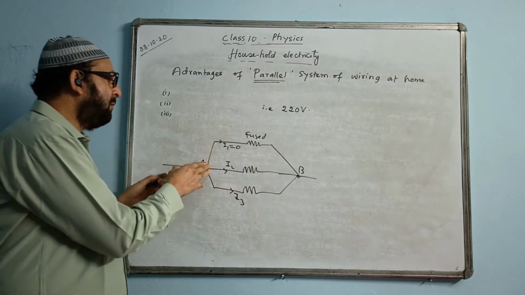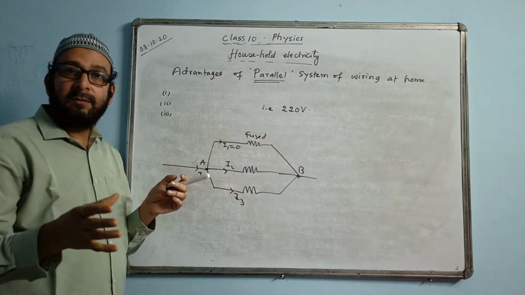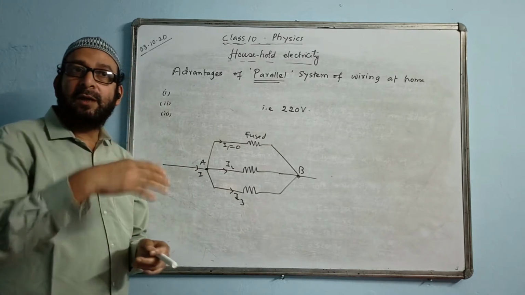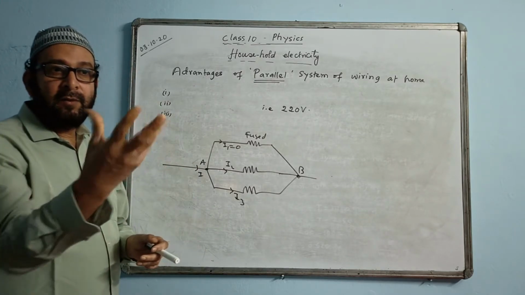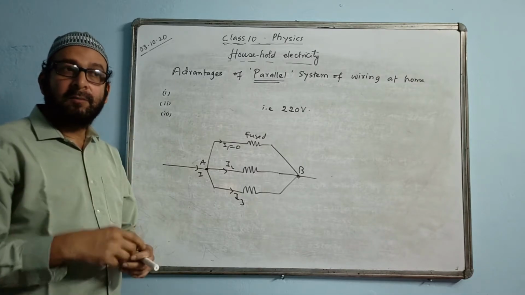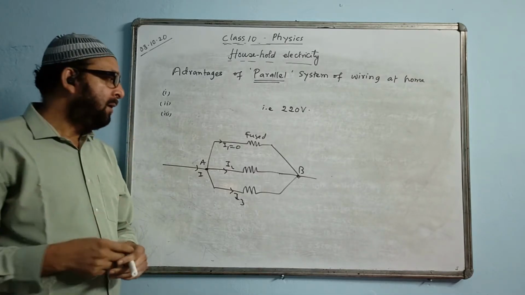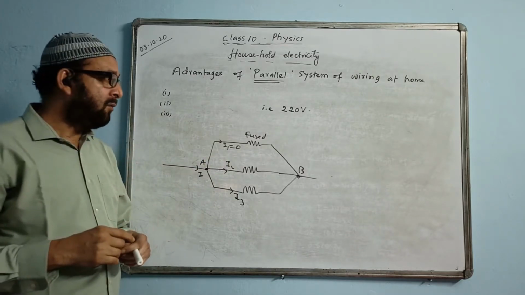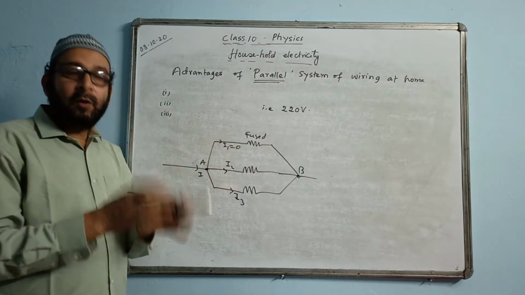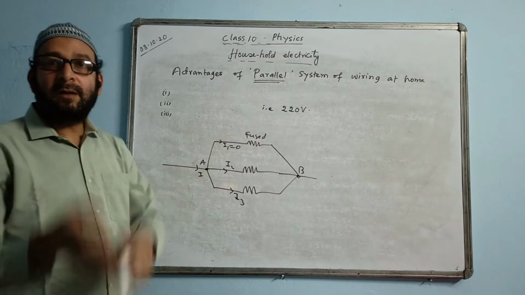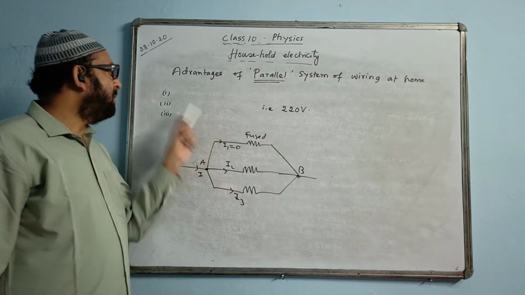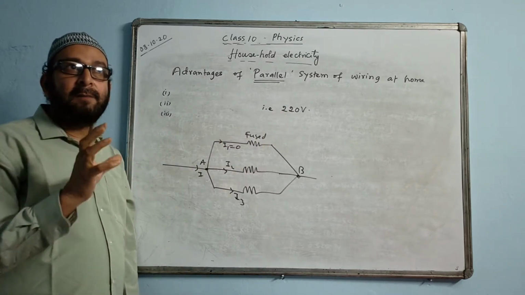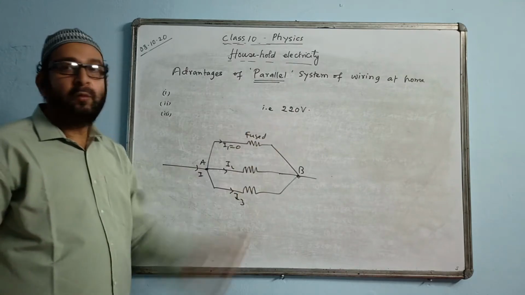Suppose you buy an appliance of 220 volts, and if the voltage is not a common voltage of supply, if the combination is series combination, then the voltage will be changing. So that appliance will not get sufficient voltage for its functioning, or may get even more voltage and get damaged. So there we cannot use series combination. All will have different voltages. So you cannot use an appliance bought at one place in another place. That we cannot do. So the second advantage is that all the appliances run at a common voltage of supply. That's why every company can make appliances for 220 volts.